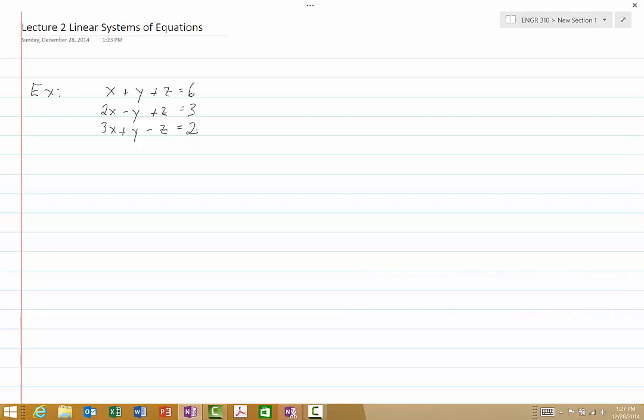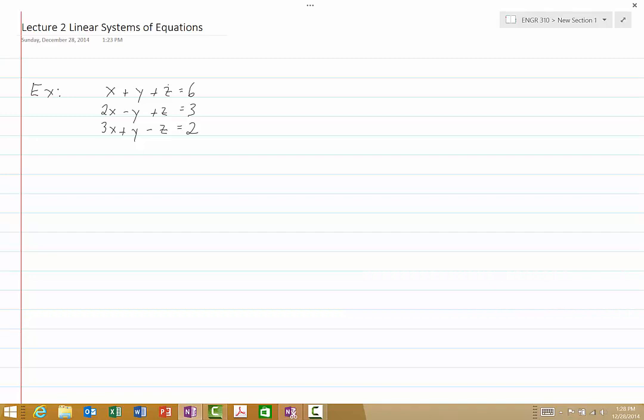Now, first of all, this is a system of equations, and these are linear equations. And what we mean by that is that if you look at these equations, in every one of them, the unknowns appear only to the first power. We have x to the first power, y to the first power, and z to the first power. We don't have any other powers of the variables. We don't have the variables multiplied by each other. And so these are all linear equations, and we have 3 equations and 3 unknowns, and we expect, or we